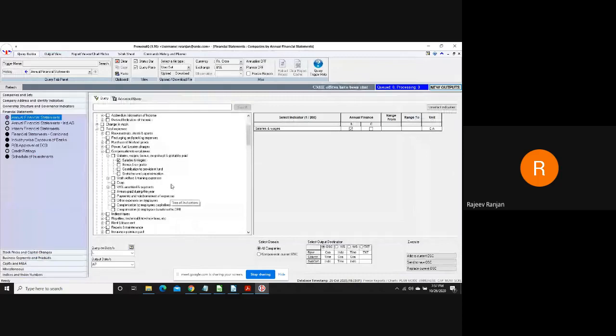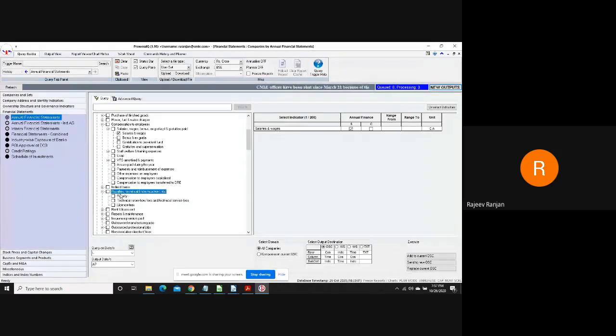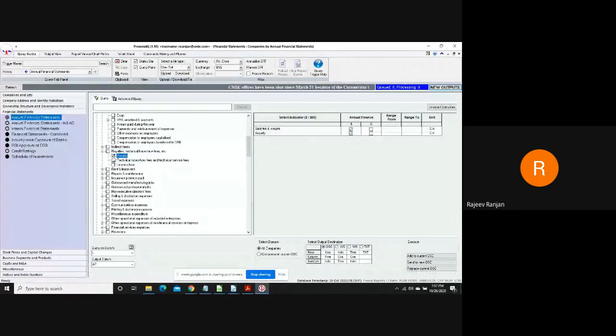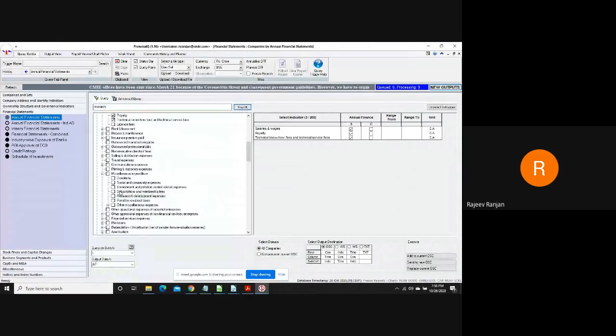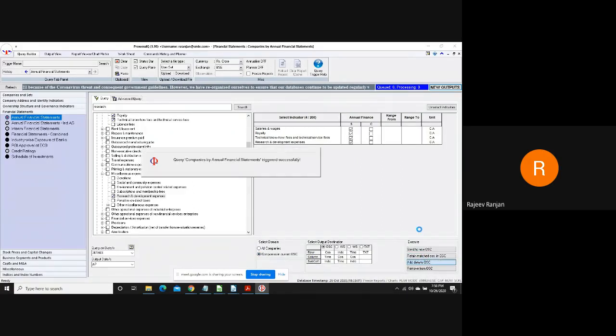So let us see the companies and their wages and salaries, and the royalty and technical know-how fee, if there is any. We can also look at the research and development expenditure of these companies, because pharma companies will have R&D expenses. And I want to find this data as on 2019-03. I change this domain to the companies in the current OFC, and I add this data to the list of companies.